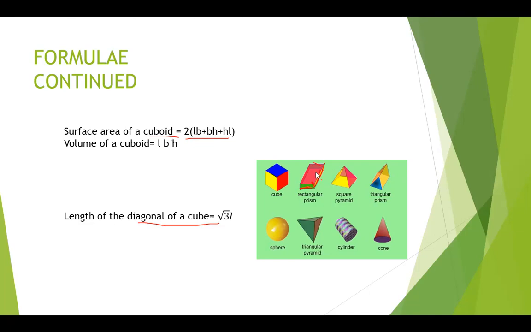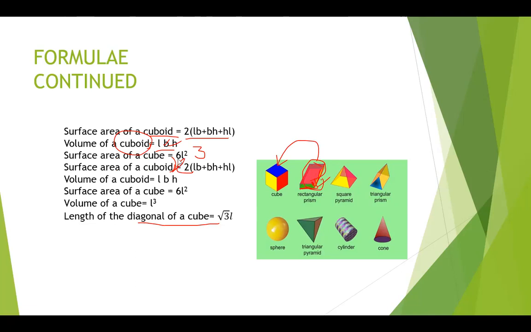As far as its volume is concerned, you are going to multiply its length, breadth and height. So we say volume of a cuboid is length into breadth into height. In the cuboid, if all the sides become equal, it becomes a cube. At that time, length into length into length it becomes. So you can say it as L cube, or in general we call each side x, which means the volume of a cube becomes equal to x cube. Volume of a cube is x cube or L cube. Then, volume of a cuboid is length into breadth into height.